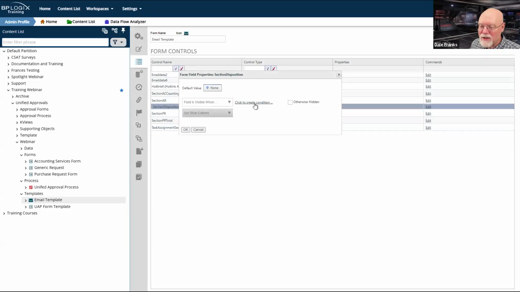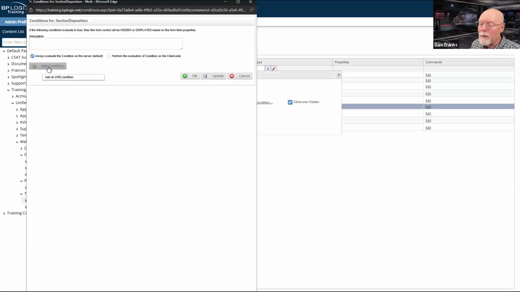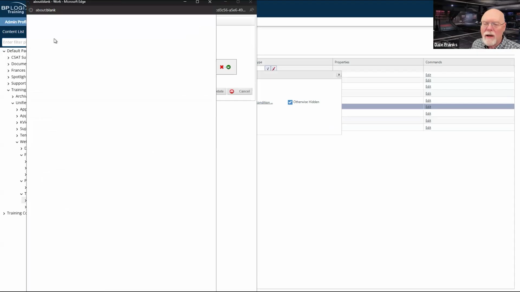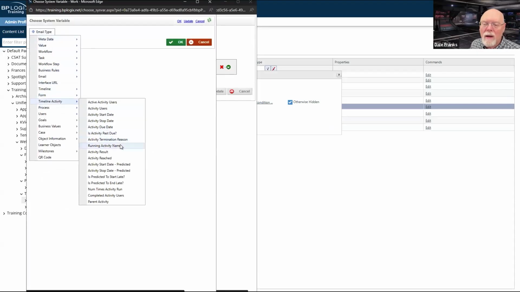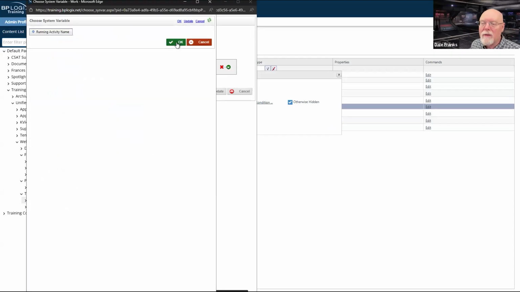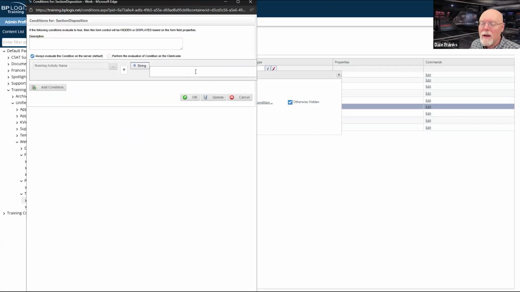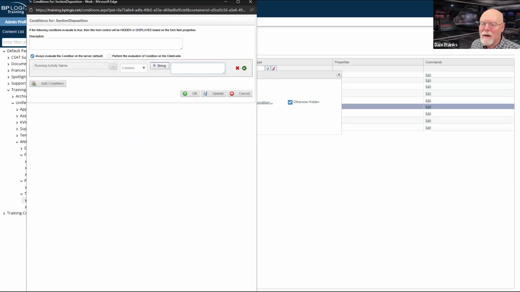So this field will be visible when and only when my running activity, timeline activity, running activity name is, well, let's say contains disposition. I don't remember the exact name.